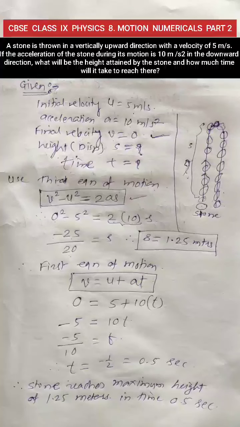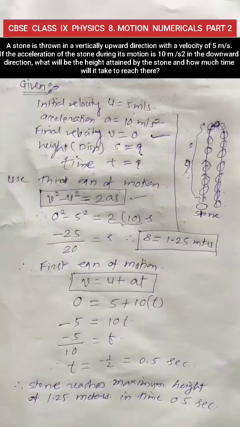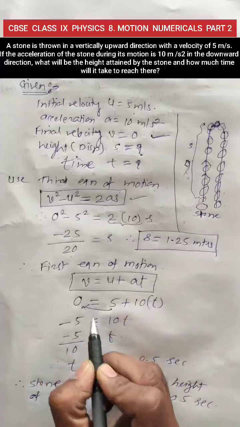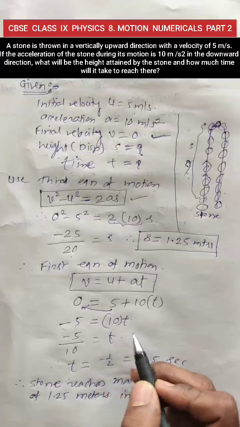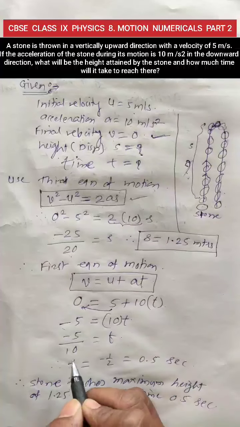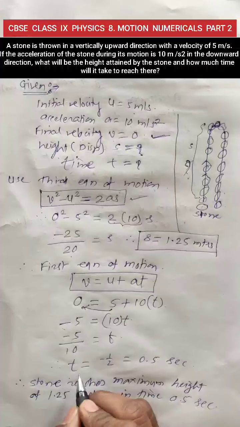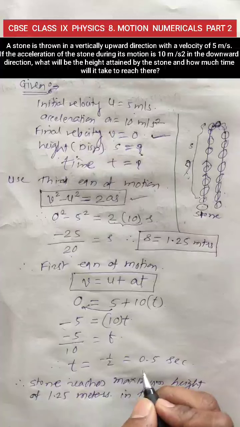Also we have to find out the required time. For calculating the time, we use the first equation of motion, and the first equation of motion is v is equal to u plus at. Again putting the values, we know that v is equal to 0 because it's the velocity at the peak point of the throwing activity. So 0 is equal to 5 plus 10 into t. This plus 5 transferred to this side will be minus, so minus 5 is equal to 10 into t. We have to find out the value of t. Just transfer this 10 to this side, it will be in the denominator, so t is equal to minus 5 upon 10, that is t is equal to minus 1 by 2.